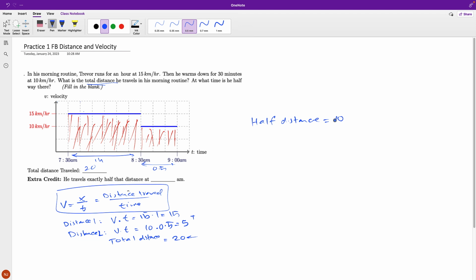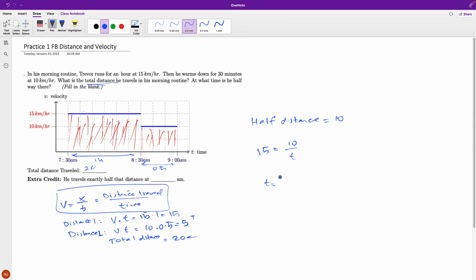Now, it's nice to look at the area under the graph. I can tell that the half distance happens somewhere around here, because if it happens over here, the area is not halved. So the area is halved somewhere around here, and that makes my life a little easier. Using the graph, I can use this formula when I have the distance, I don't have the time, and I have the velocity. So velocity in that formula is 15, the distance is 10, and I find time, and t is going to be